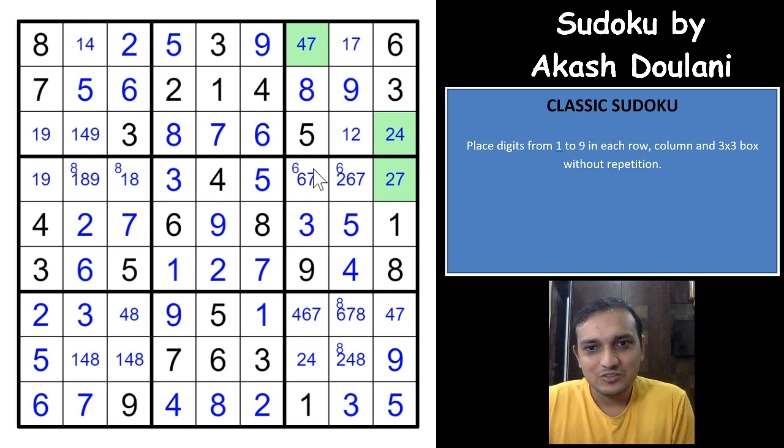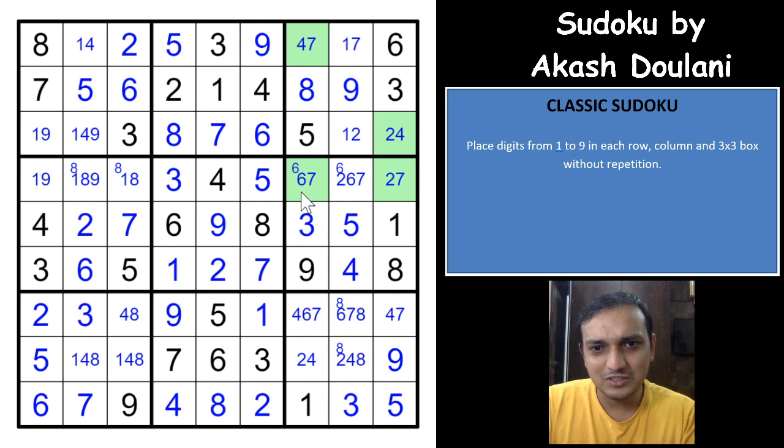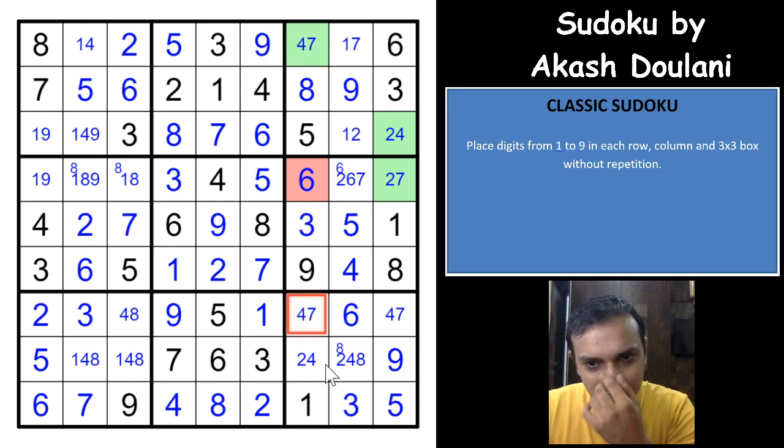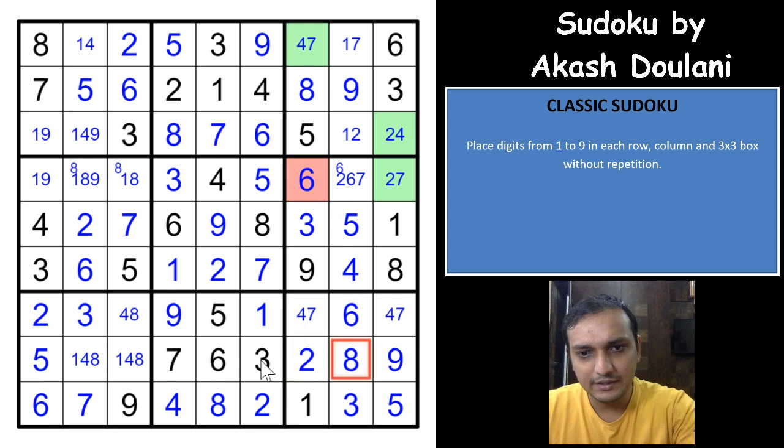Wow. So you have a 4 7, 2 4 and 2 7. Same Y wing. That eliminates 7 from this cell, and this would have to be 6 now. That gives you a 6 here. That eliminates 6 from this cell. You have a 4 7 pair now. That gives you a 2, an 8 here.